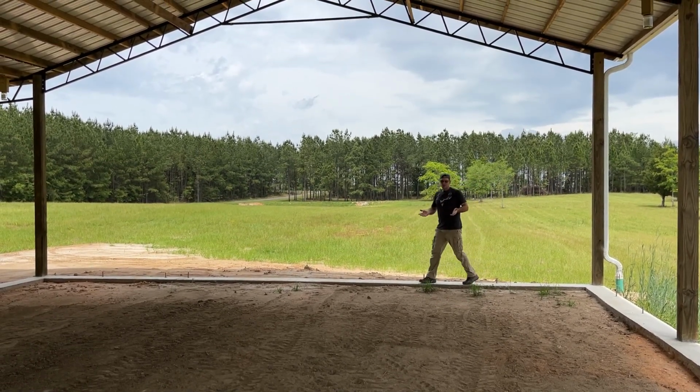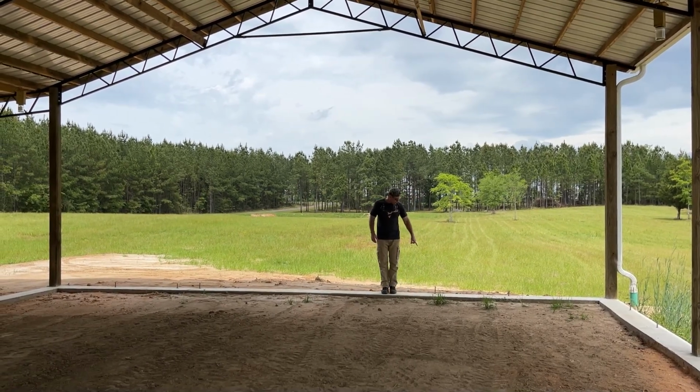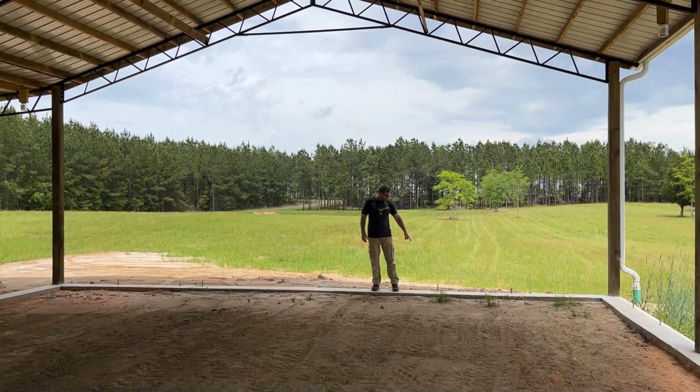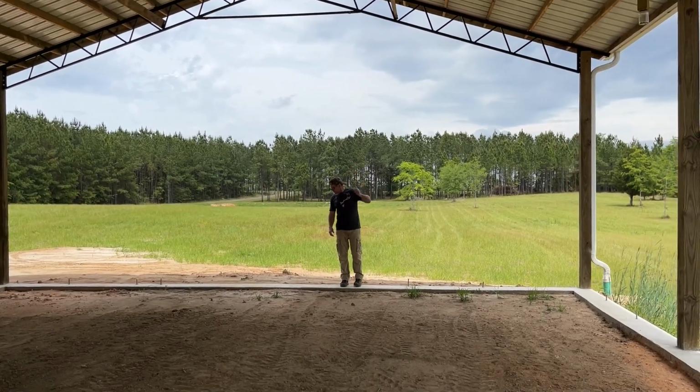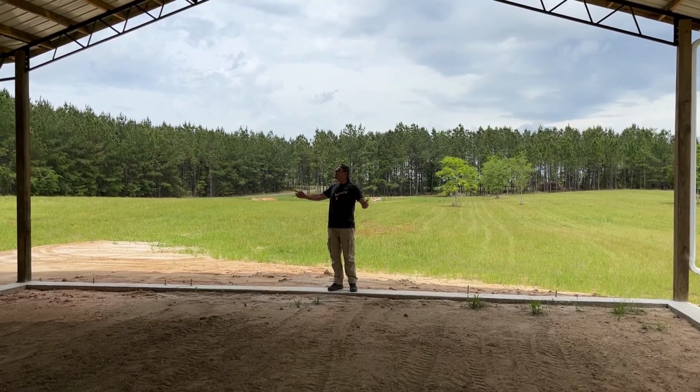Now additionally, because we have a lot of hurricanes and tornadoes and high winds, we're going to run 3/8 steel cable from these J-bolts up to the trusses. We're going to do it on one side of the 10-foot door opening and one side there. And this will be